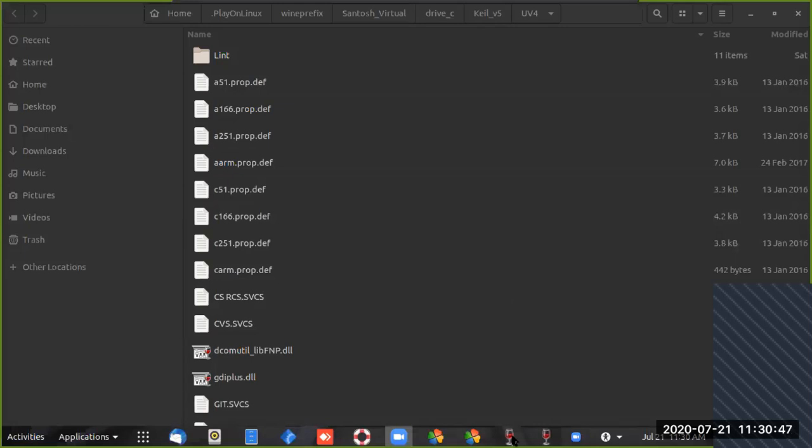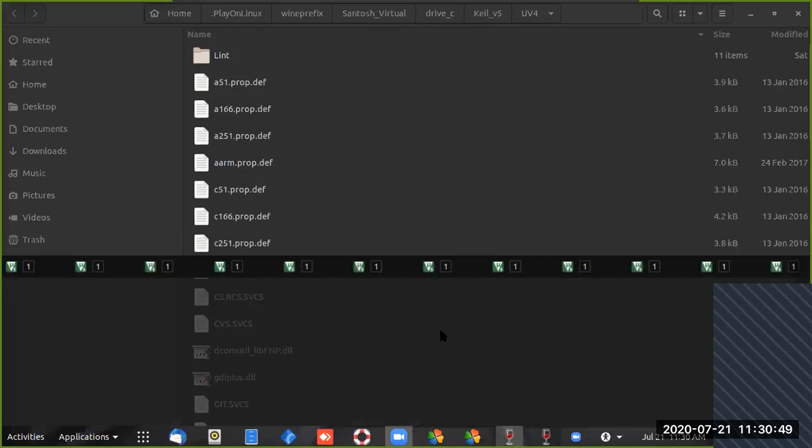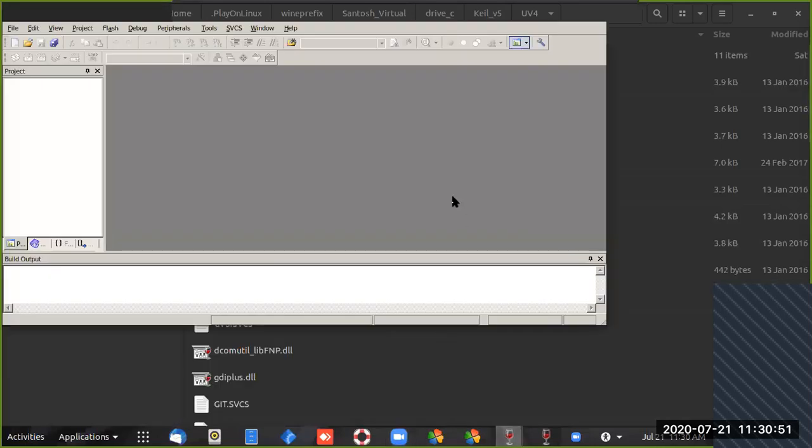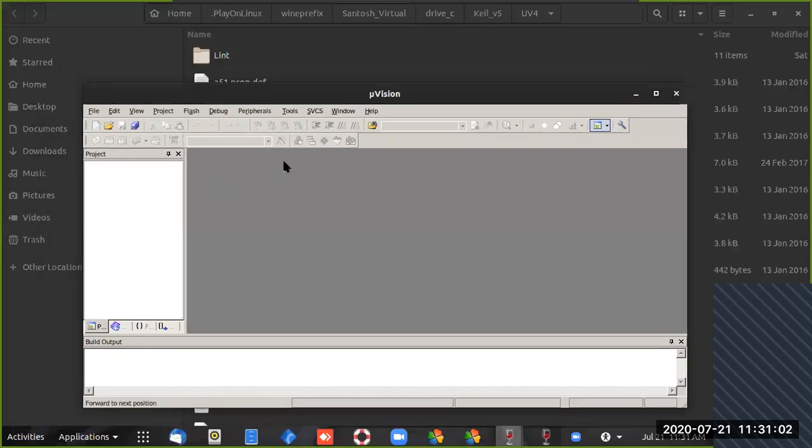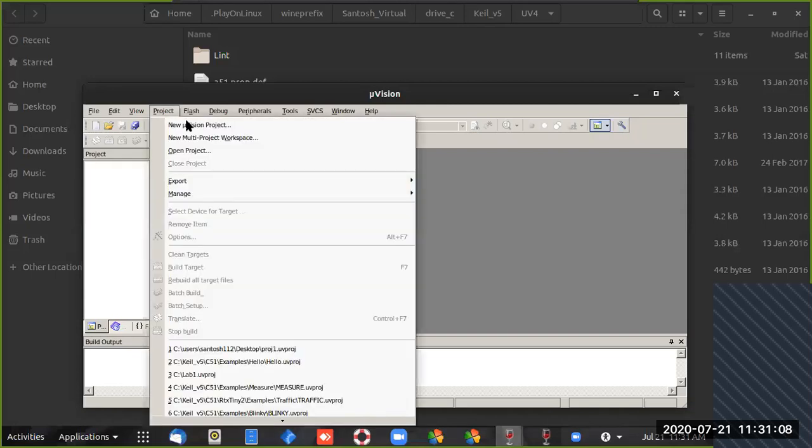So I'm opening this software Keil because the Linux system doesn't support Keil. So by using Pleon, Linux, and Wine, I will make it happen. This is your graphical user interface, and in that you will go for Project, then New Microvision Project.